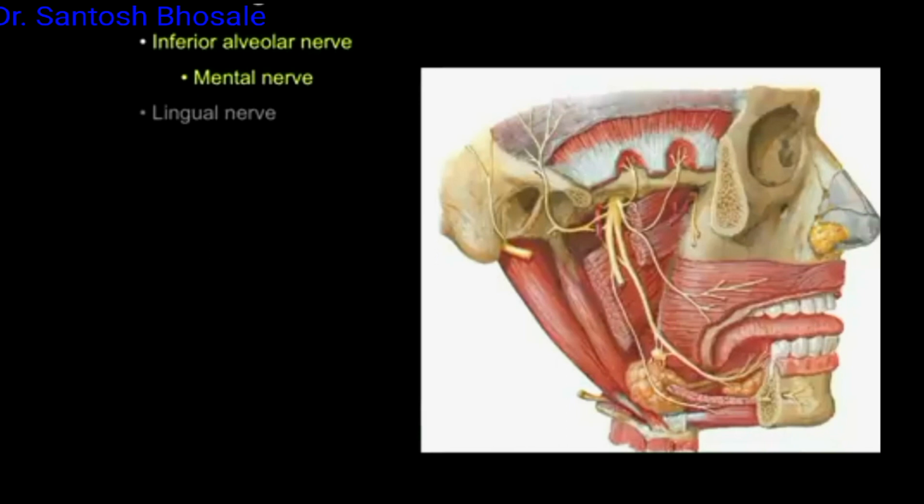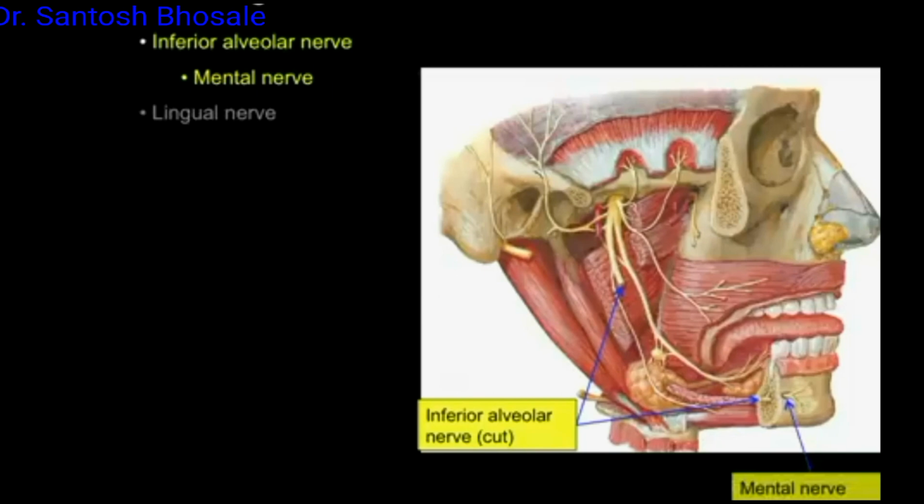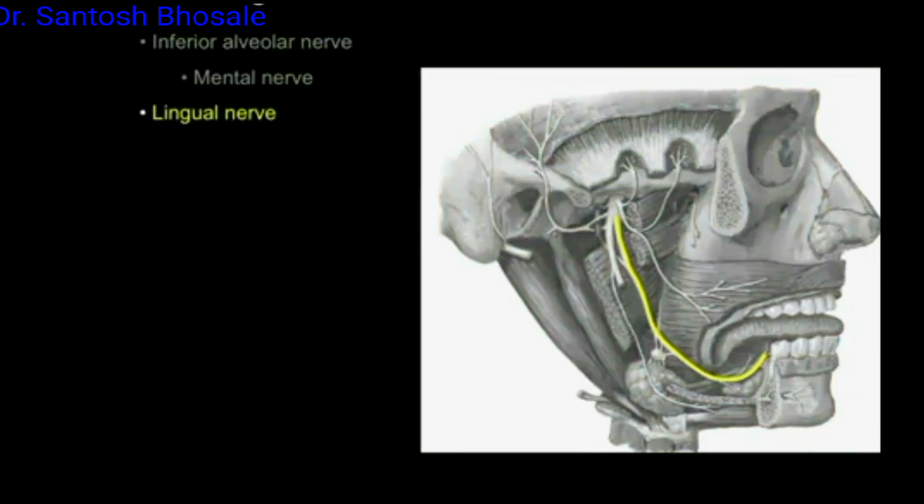And then you can see here again, the inferior alveolar nerve is cut there, and a thin branch is coming from this nerve, the nerve to mylohyoid. The nerve to mylohyoid supplies 2 muscles, mylohyoid and the anterior belly of digastric, because they are also derived from the first arch. This is the lingual nerve, and you can see a ganglion suspended from the lingual nerve, that is the submandibular ganglion.